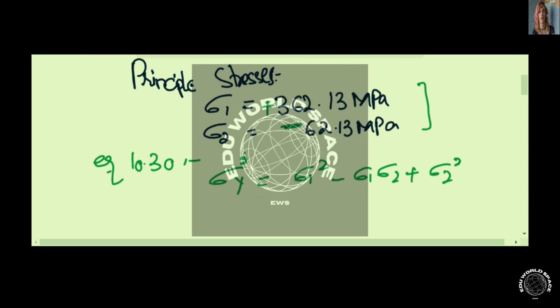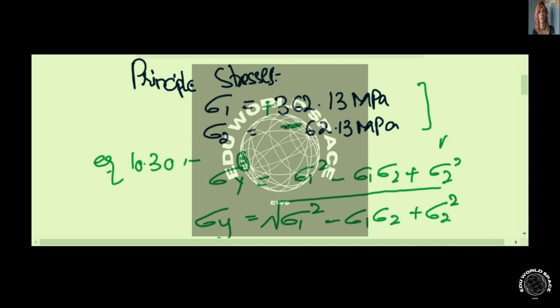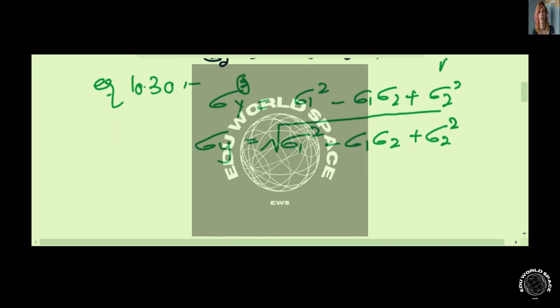We need to take the under root of this equation, and that would be sigma sub y equal to under root sigma sub 1 square negative sigma sub 1 sigma sub 2 plus sigma sub 2 whole square, right? So just plug in the values and we'll get that sigma sub y is equal to 396.8627. That is approximately equal to 396.86